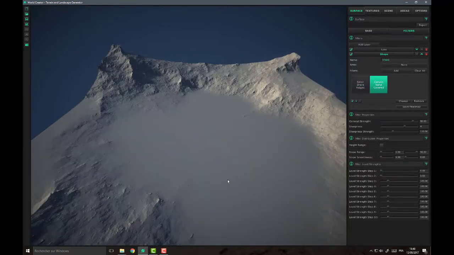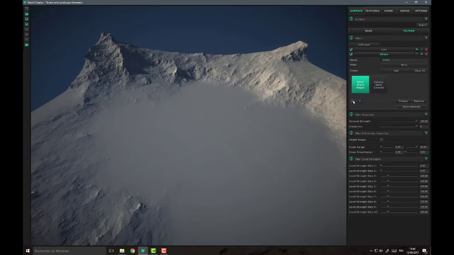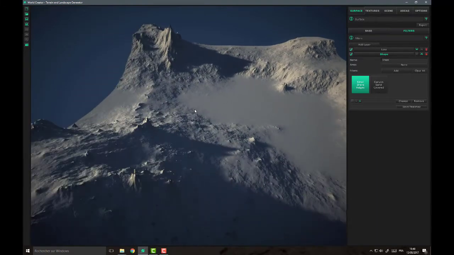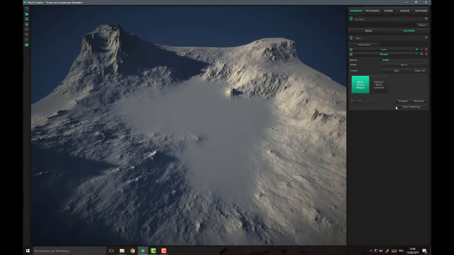I think using both of them is a bit too strong. I think sand-covered canyon could very well be used alone. So get rid of sharp small ridges,